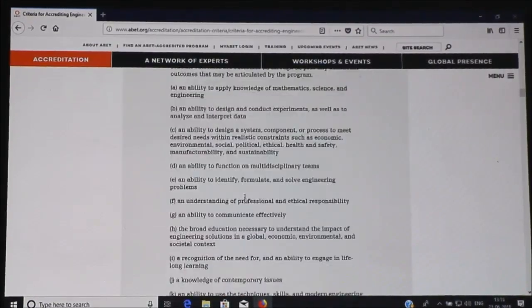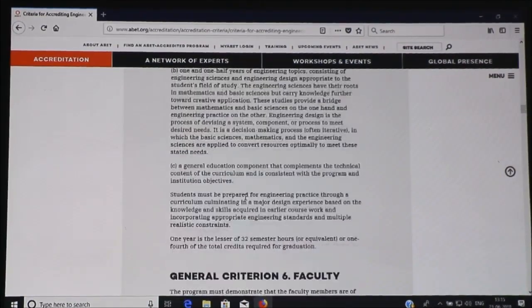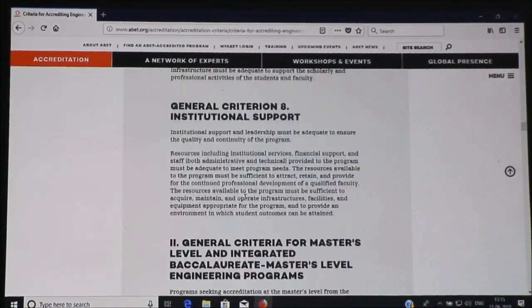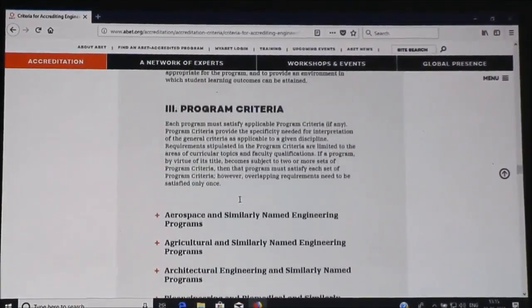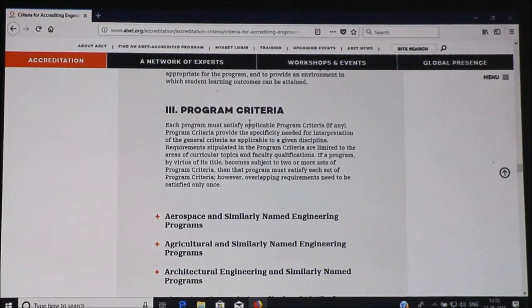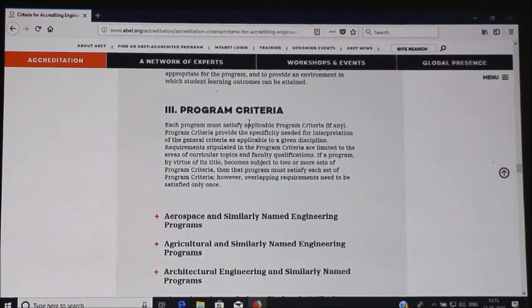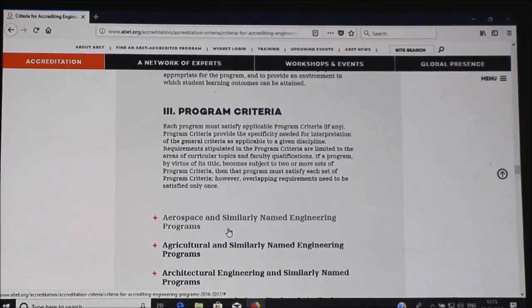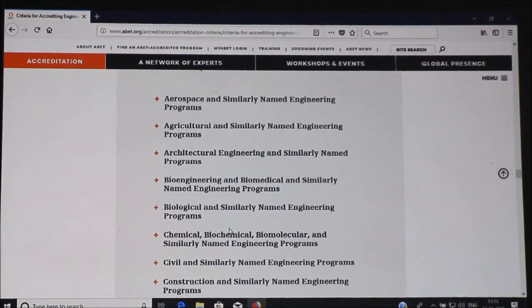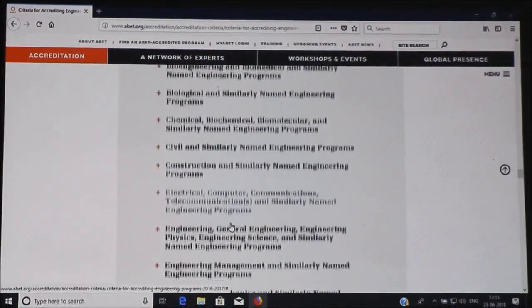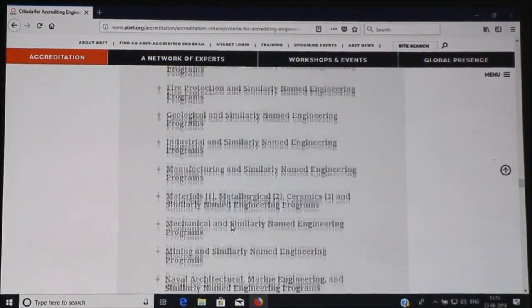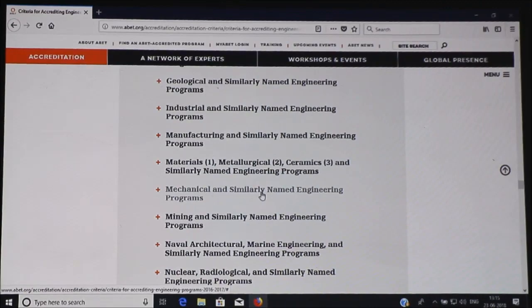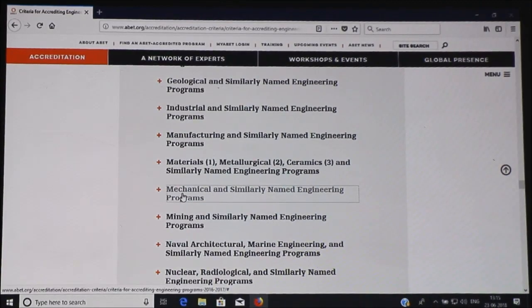In this, you will have so many sections. We have to select the section for which program criteria has been given. We are looking for program specific criteria for aerospace, agriculture and related things, and so on. It will be given. I will select, let us say, a mechanical engineering program. Here, mechanical and similarly named engineering programs. If I click here,